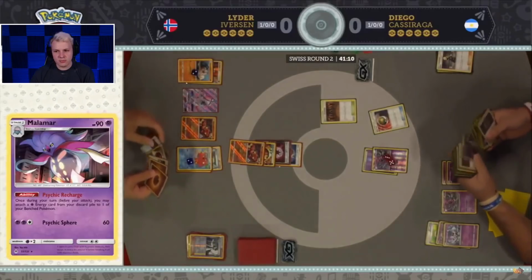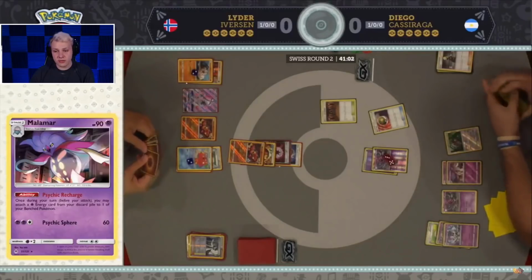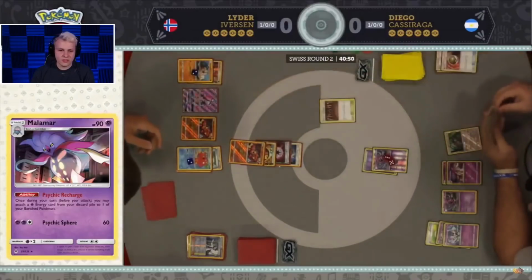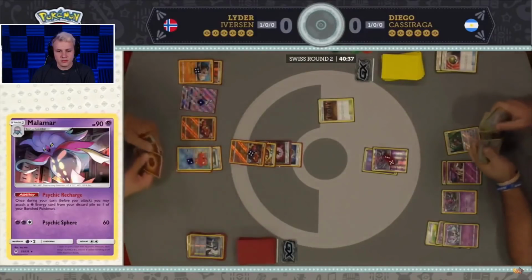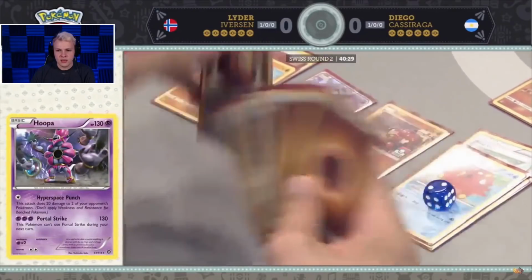Oh, here it is, another Hoopa in the bench. Actually, I didn't even notice when that thing came into play. So instead, he's actually gonna go for the Oranguru. That makes way more sense. I didn't even notice the second Hoopa on the bench already. Gonna do 40, 20 to Rockruff, and Lele takes 10 from Shrine. There we go. I would actually like to see Lighter start to focus down the